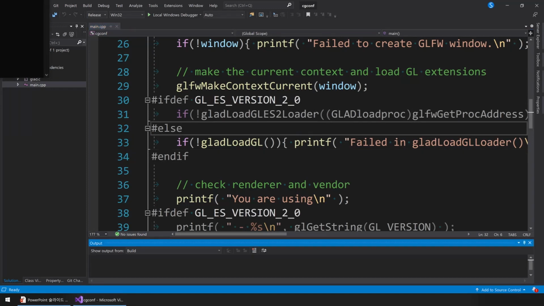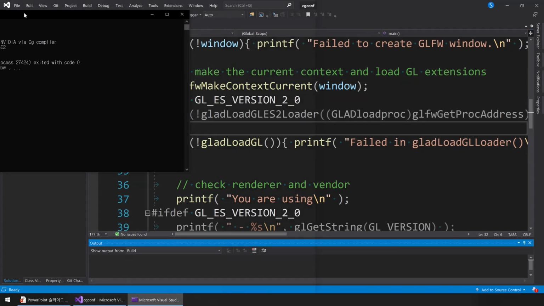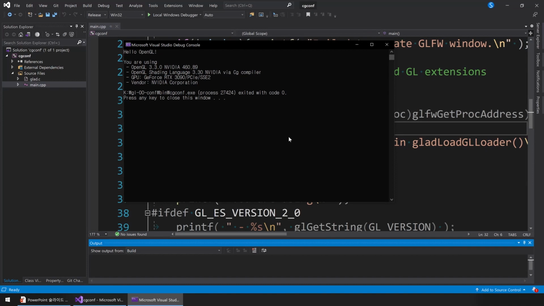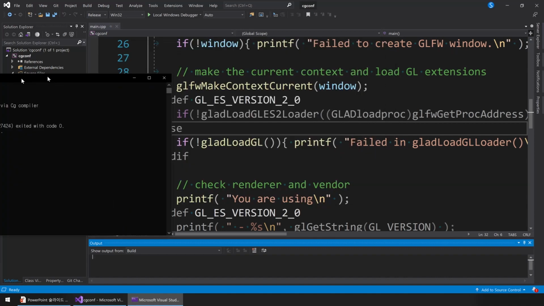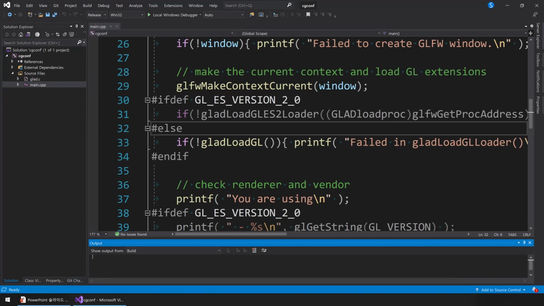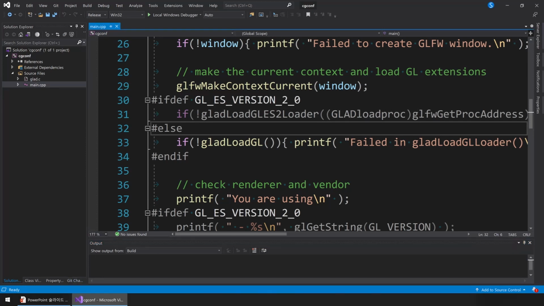Then we run the program. Here, Hello OpenGL, you are using OpenGL 3.3 with this driver version and shading language version 3.3. The GPU is a GeForce RTX 3090 and the vendor is NVIDIA. So you have to see something like that, and the OpenGL version should be higher than